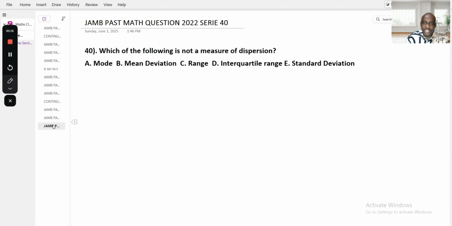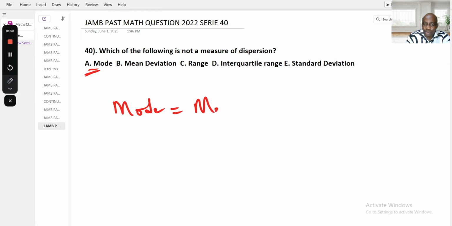Which of the following is not a measure of dispersion? Mode, mean deviation, range, interquartile range, standard deviation. The mode is the answer because the mode is a measure of center. The other ones are measures of dispersion, which deal with variance, the difference between the small and the large values. Therefore, the final answer is mode, because mode is not a measure of dispersion, but is a measure of